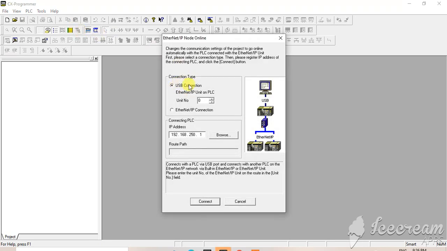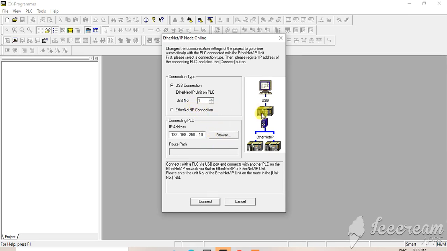if you want to take another PLC from this PLC, you need to connect your USB to one PLC, and that PLC is connected with the hub, and the hub is connected with another PLC via Ethernet IP. So you need to enter the USB connection, that is, the module unit number. Suppose the unit number is 0 or 1. Suppose unit number 1, then you need to put the IP address of whichever PLC you want. Suppose you want to take PLC number 10, then you put 10.